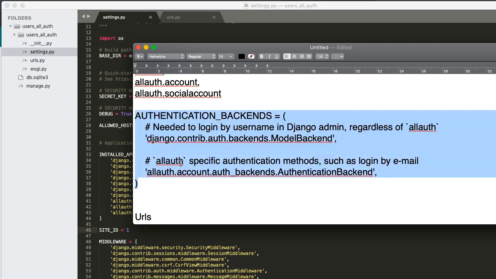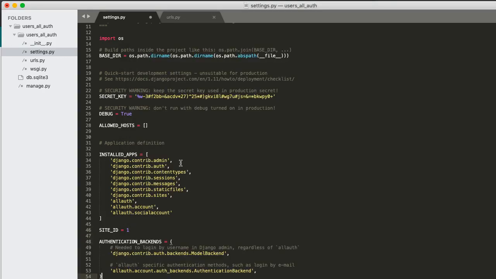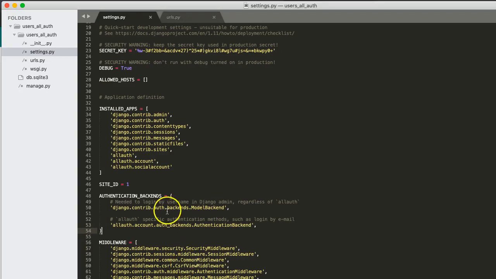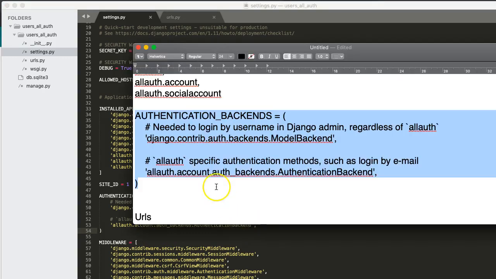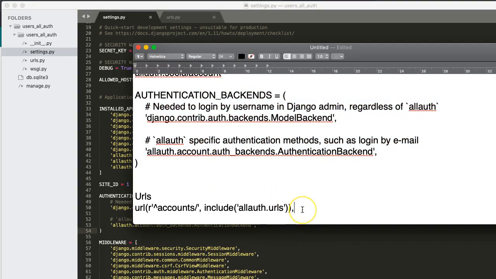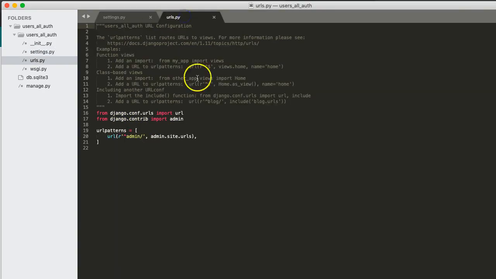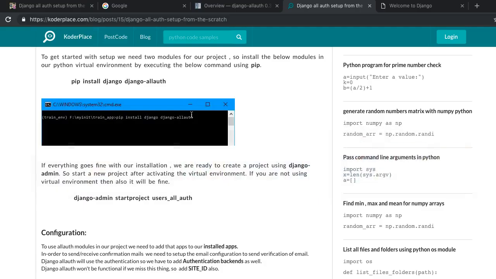So these things also I'm going to add. Okay, so we are using default authentication backends for user authentications, and this is the URL we have to specify to use all of them. Okay, so in my URL I am going to set it up. So we have to import include as well. Include. Okay, so if you open it,